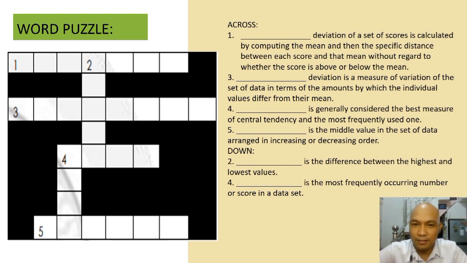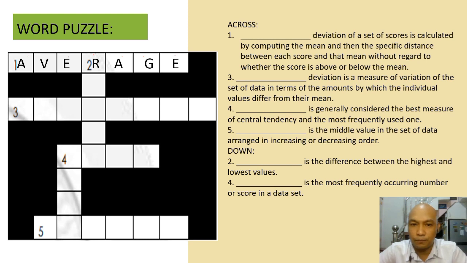Okay, so sa number 1, it is blank deviation of a set of scores is calculated by computing the mean and the specific distance between each score, and that mean without regard to whether the score is above or below the mean. So ang tawag natin dyan ay average deviation or the mean deviation. But since ang word puzzle natin ay nagbibigay ng 1, 2, 3, 4, 5, 6, 7 letters, kaya gagamitin natin